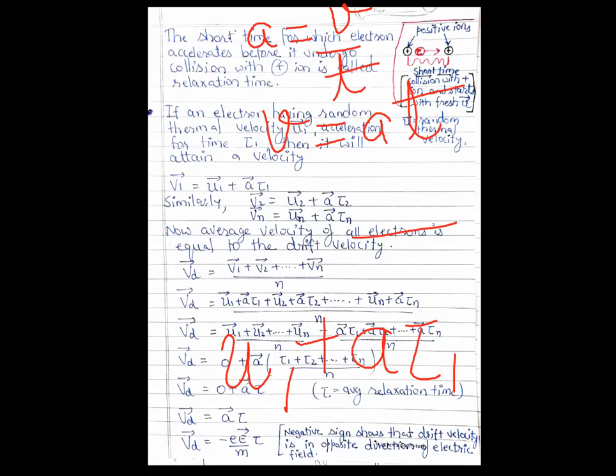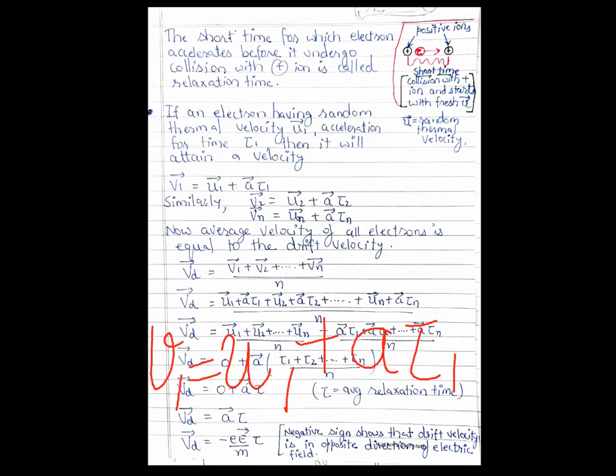Now similarly for electron number 2, for electron 1 I will name it as v1. v1 कौन सी वेलोसिटी है? v1 is the final velocity, right? बिफोर कोलिजन, कोलिजन के बाद तो बेचारी लॉस्ट हो जाएगी, राइट? And if I talk about electron number 2, electron 2 initial velocity is u2, that is thermal energy, and due to electric field it gets accelerated, and this is the additional velocity which will be added, right? Similarly vn लिखे हम तो n electrons है, n electrons, that is 10 to the power